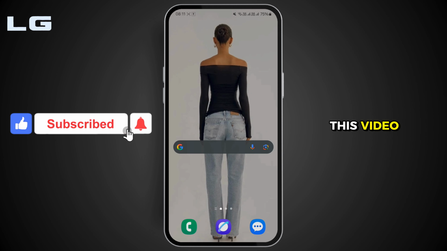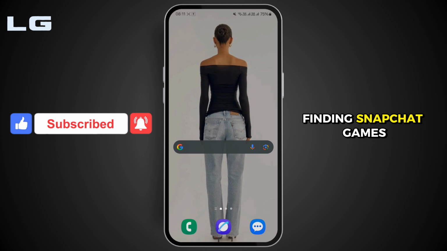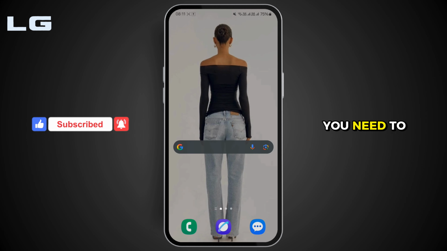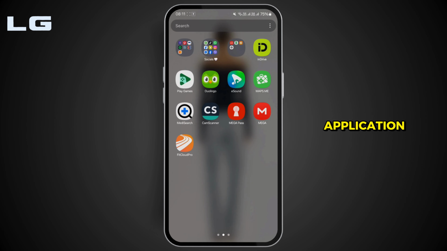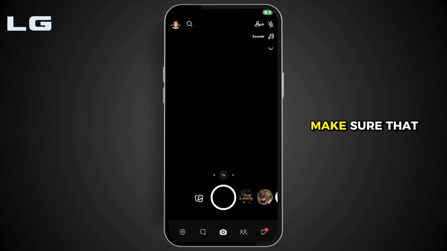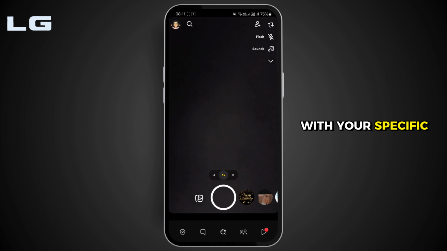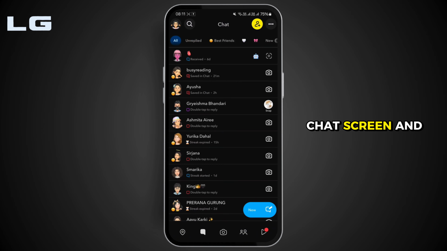So today in this video, we're going to discuss finding Snapchat games. For that, you need to go ahead and open your Snapchat application on your mobile device. Make sure that you're logged in with your specific account and also make sure that Snapchat is up to date. Now, once you're on the home screen, swipe right to go to the chat screen and open any chat